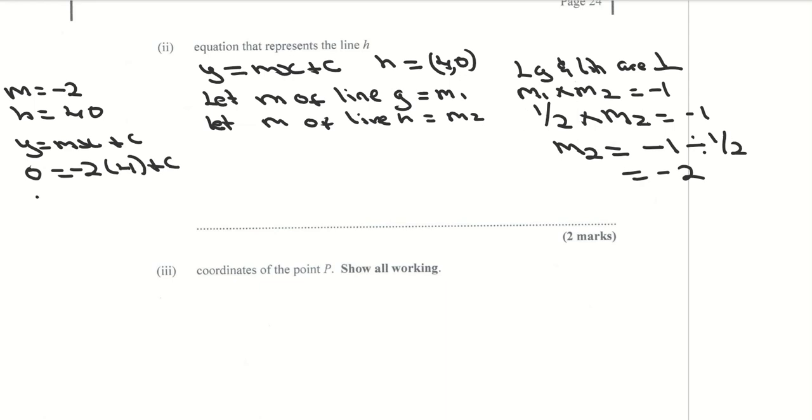So that is 0 is equals to -8 plus c. So c is equals to +8. Right? So again, now I know what c is. So therefore, it would be y is equals to, no, -2. I don't know why I said 4. The gradient, which is m,